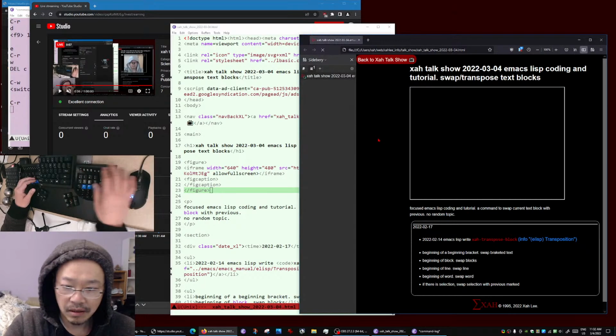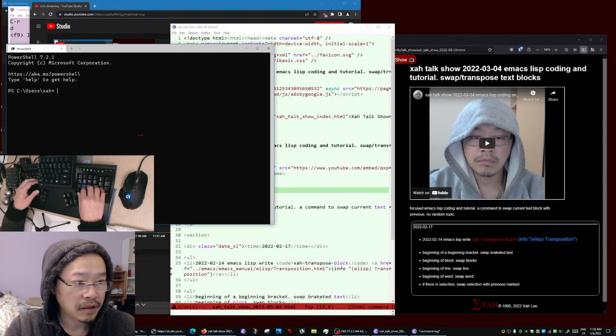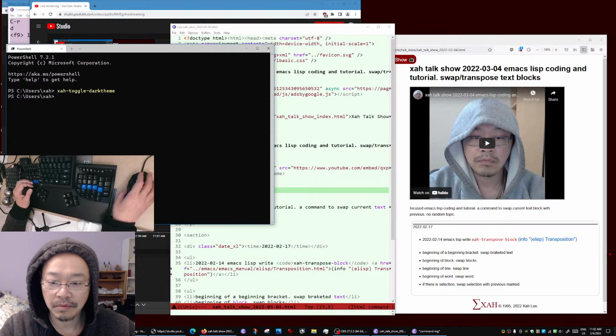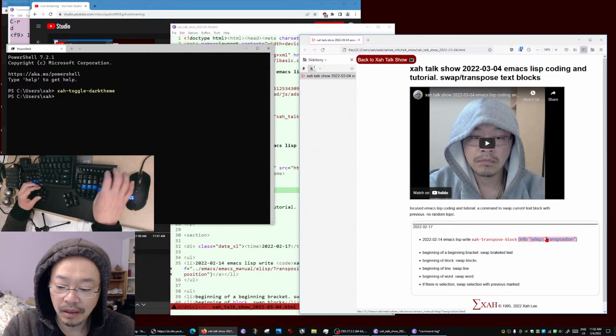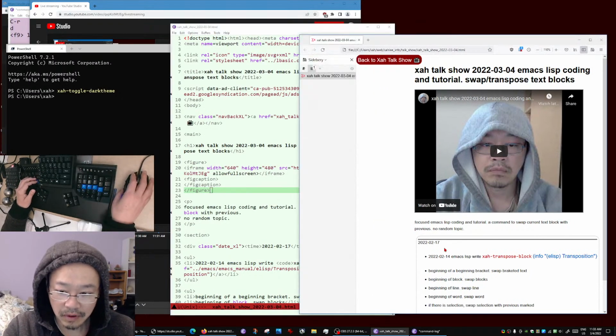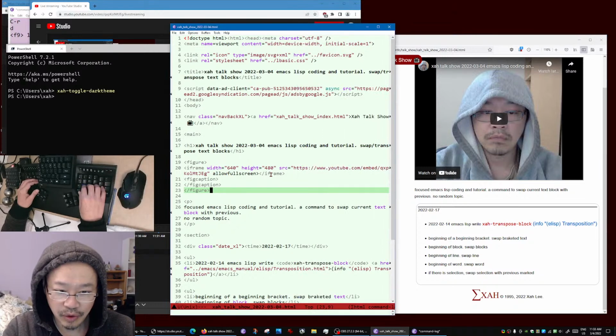So today's topic. Today, we are going to code Emacs Lisp. So toggle dark theme. Let's make the browser not dark theme, so it's easier to see. What we are going to do is write an Emacs Lisp command that allows you to